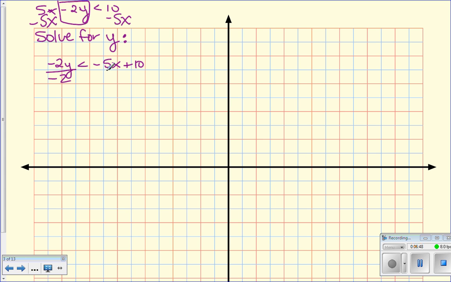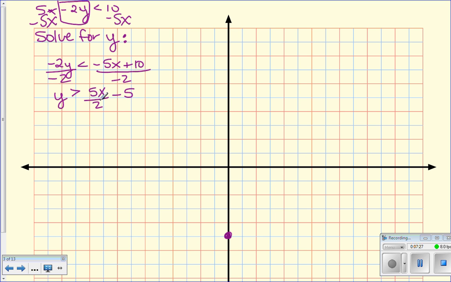But hopefully you guys remember from this part we just did, when we divide by a negative number, this less than sign must switch to greater than. Negative 5 over negative 2, I'm going to leave as positive 5 over 2. No need to make this a decimal. It's easy to do rise over run with a fraction. Positive 10 over negative 2 is minus 5. So now we need to graph the equation y equals 5x over 2 minus 5, which has a y-intercept of negative 5,